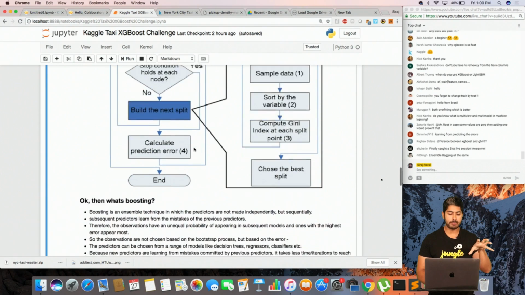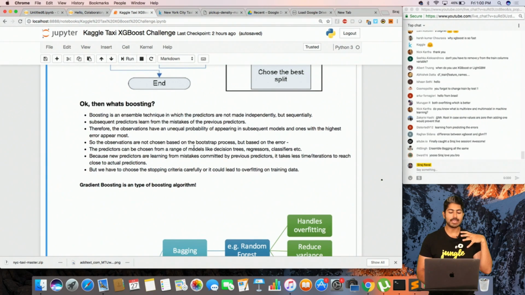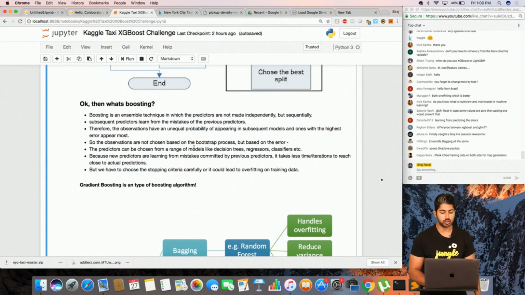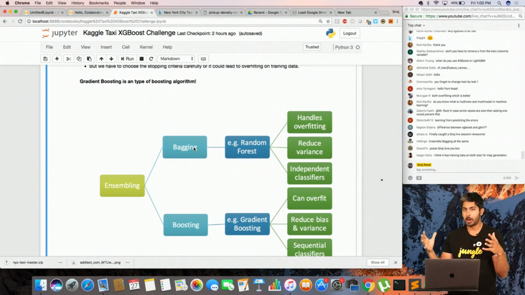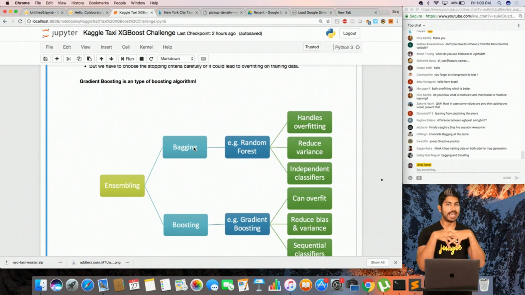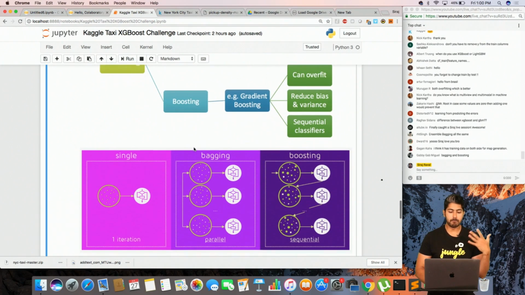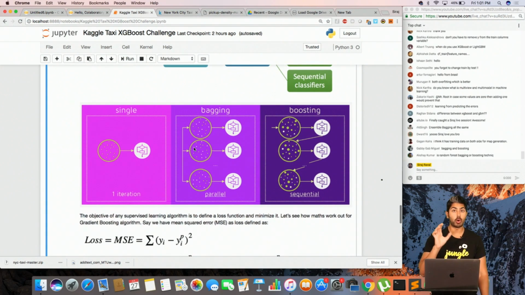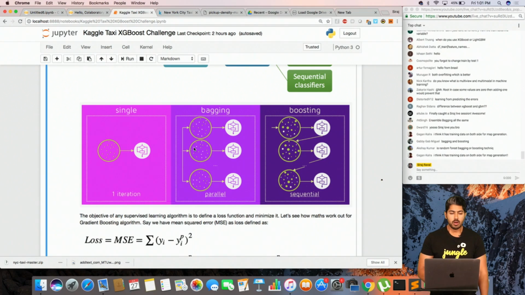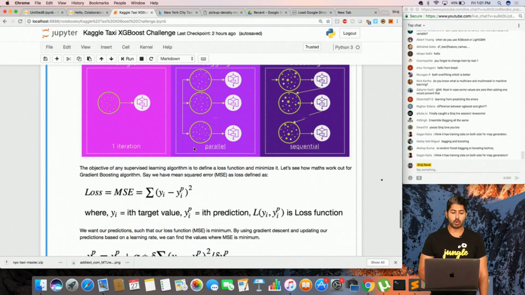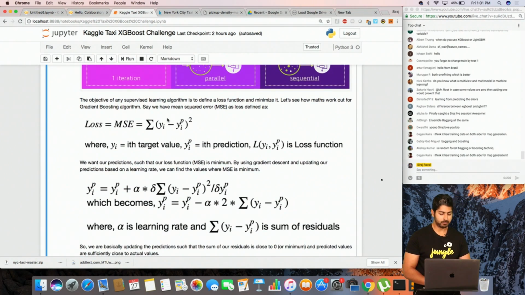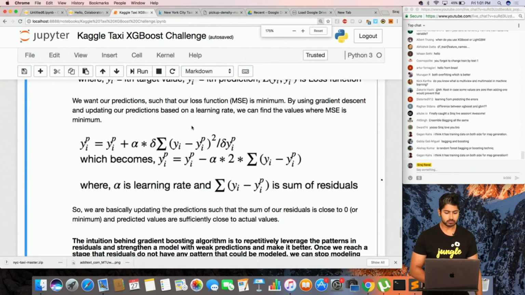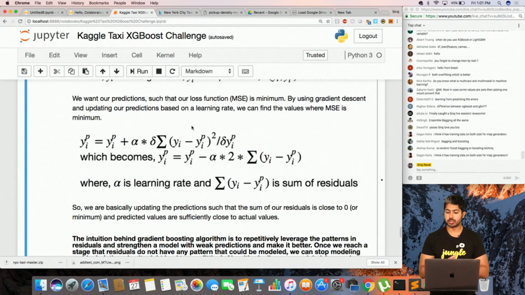Boosting is another type of ensembling technique where we're not making these predictions independently but sequentially. So the models are actually being optimized together. One method of doing that is called gradient boosting. So check this out, hold on. We have some loss function, let's say mean squared error, that we want to minimize.